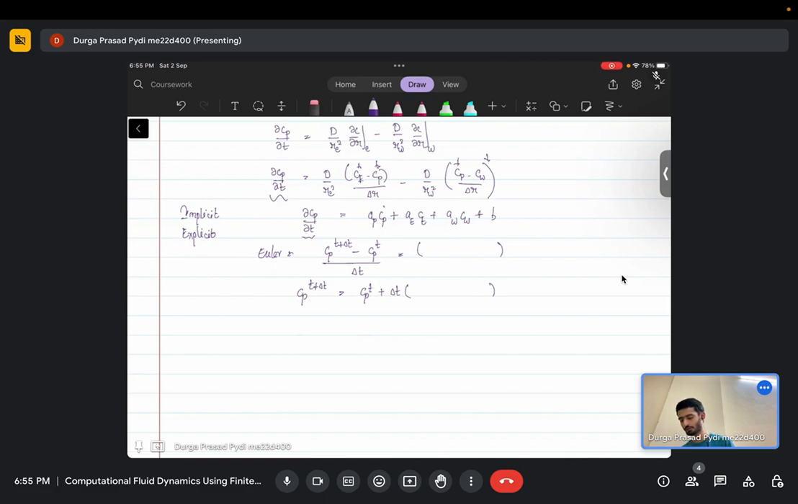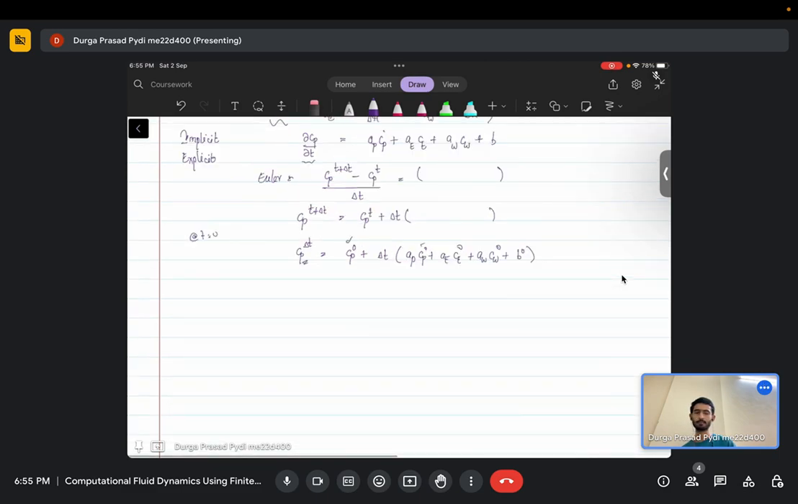So at T equal to 0, your Cp at, say, delta T will be Cp at T equal to 0 plus your delta T times your Ap times Cp0. You know all these values, so you'll be able to calculate Cp at the next time step, and then you keep on iterating. Once you get Cp at delta T, you take the value of Cp at 2 delta T, which will be essentially Cp at delta T